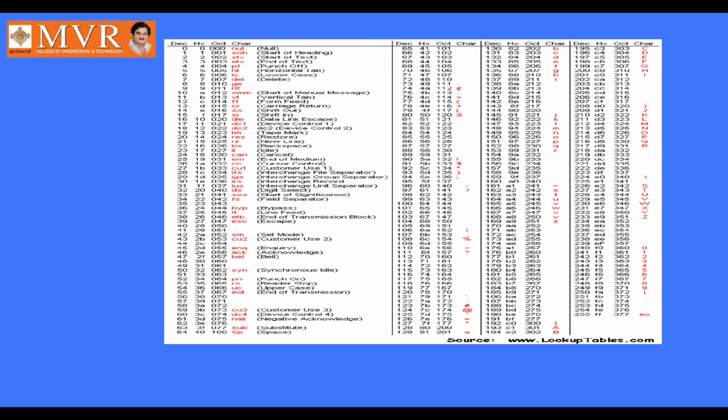You can see, like the ASCII table, there is an EBCDIC table also, but here it contains a total of 256 combinations, from 0 to 255, with equivalent binary values and meanings given. So here the decimal number, hexadecimal code, octal code, its original character, and the meaning of the original character are also given in the table. If you really want this table also, definitely I will post it in our WhatsApp group.